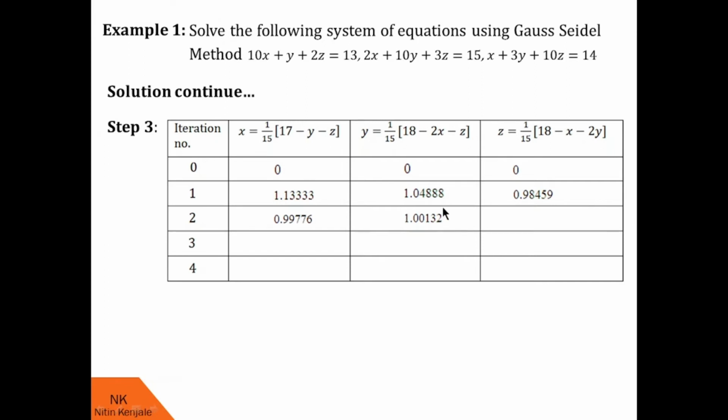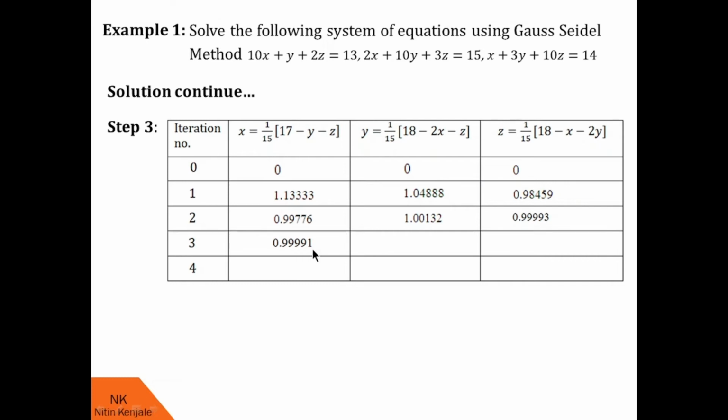Now this is y2 or updated value of y, and this is x2. Now we substitute these values of x and y into this equation to find out z2. So we see z2 is 0.99993. Next, to find out x3, we substitute this value of y and this value of z into this equation. So we get x3 as